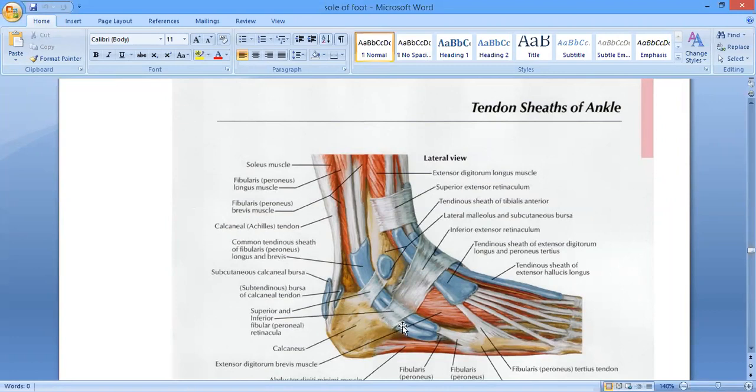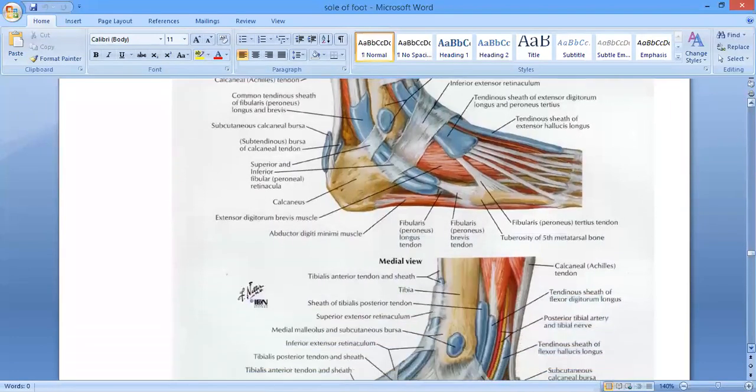In the lower compartment. ठीक है? आपको मैंने बताया था कि inferior peroneal retinaculum is going to form the two compartments, the upper compartment and the lower compartment. So it passes beneath the inferior peroneal retinaculum in the lower compartment, and then it reaches over the lateral aspect of the foot, and then over here it passes medially. ठीक है? It turns, it curves over the plantar aspect of the